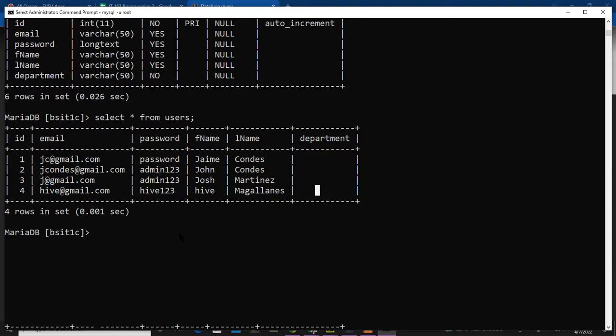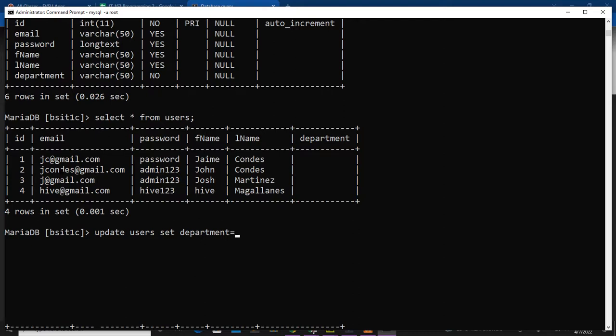So the query for update is you need to put update, and then the name of your table, update users, okay, users man na table, and then set, and then specify the column name that you're going to update. So set, ang ako diri kuhaon na column is department, so you need to put department. Okay, so set department equals